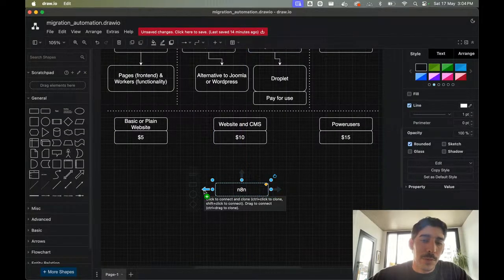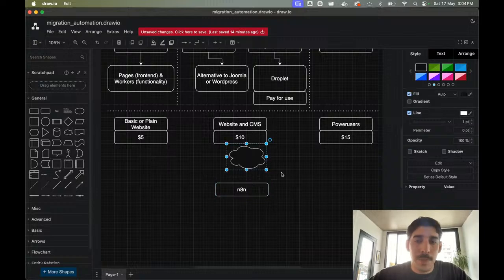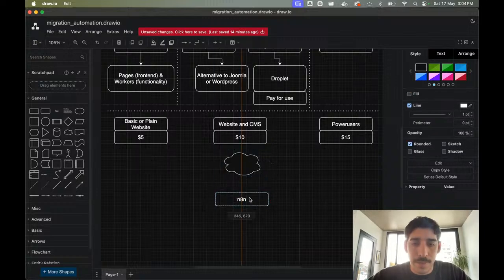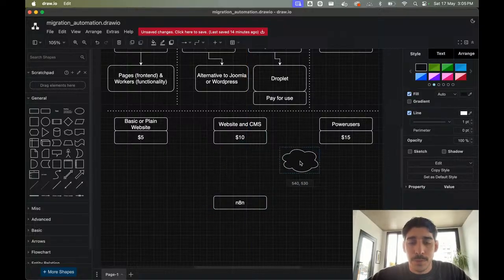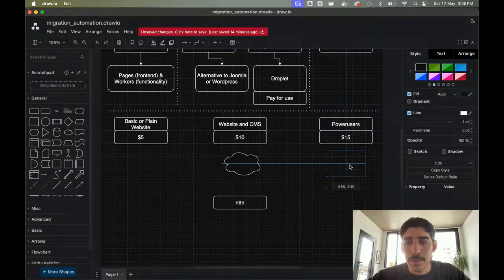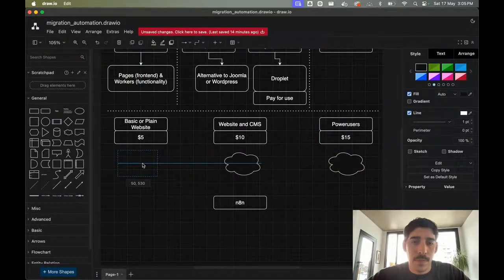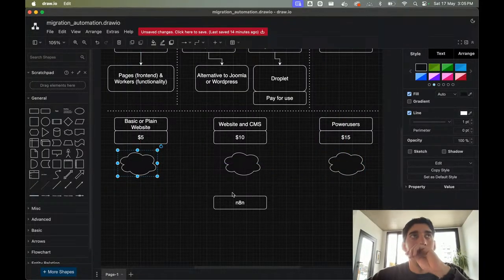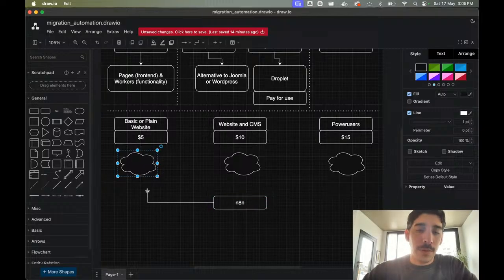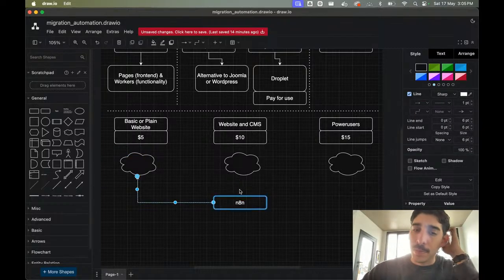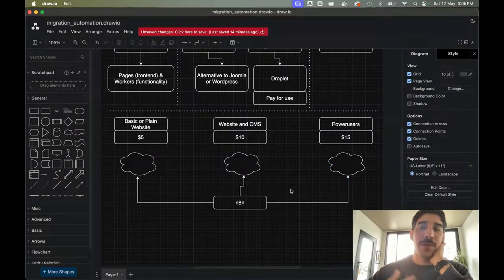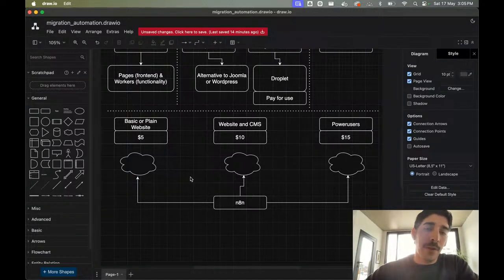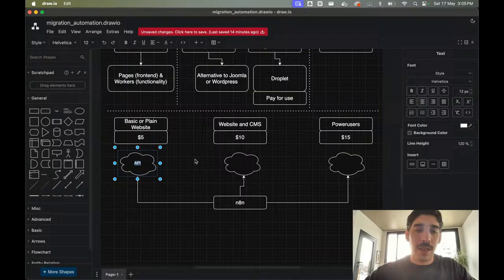This should be able to connect to all these APIs, or at least try to reduce the amount of human interaction as much as possible, from both sides: from our end as a business offering the service, and for the client as well.